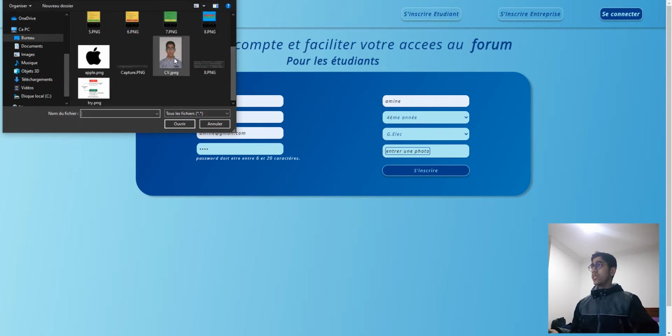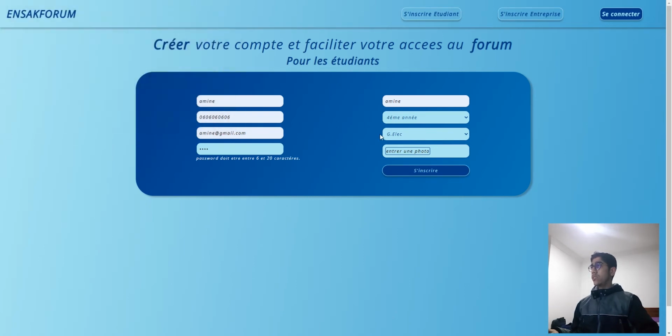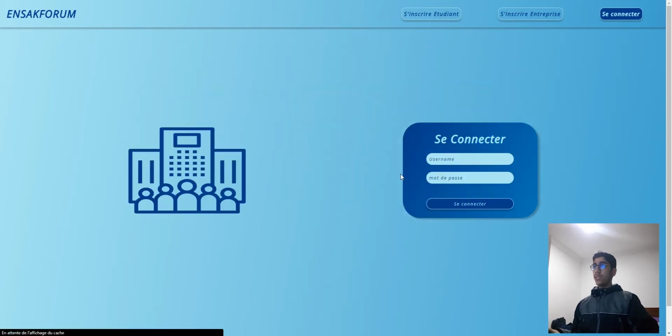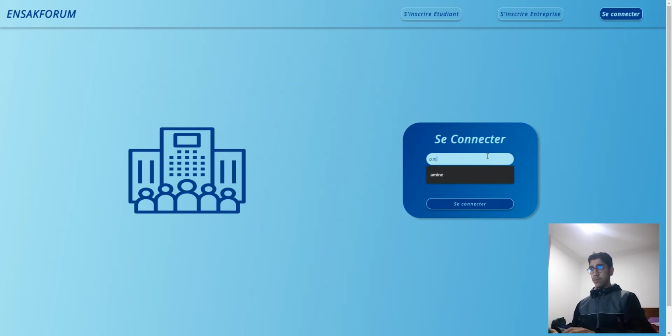and we will choose a picture from the gallery. So here we have an exception because the password must be between 6 and 20. So I will give it a password. Now after creating the account, this page will redirect us to the login page. So I will give it the credentials as we put them in the last page. And here,